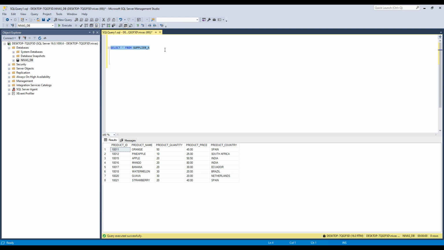Now what we are going to find: I want the unique countries from where supplier A is importing products. So what I will do, I will use a distinct keyword, from supplier. I did not write the column name first. The reason behind this is, if you type the table name in the from statement, then it will automatically list out the